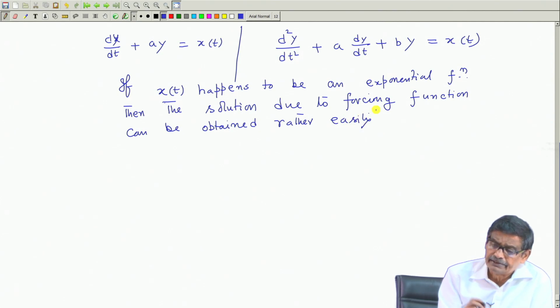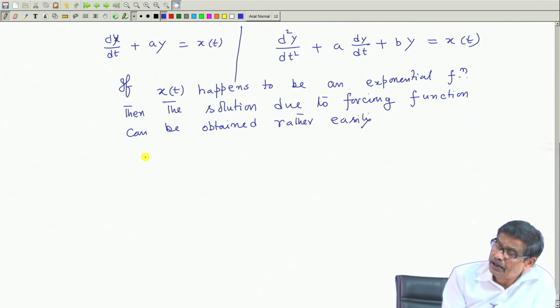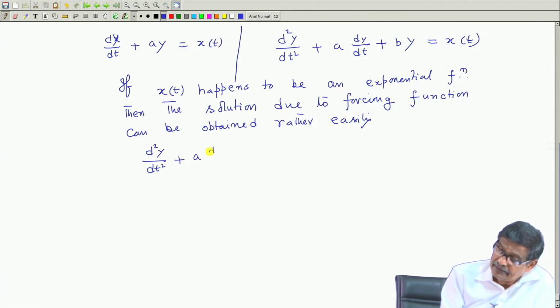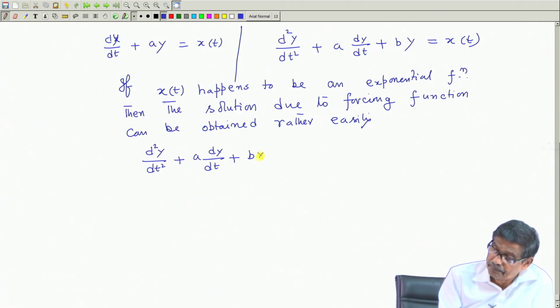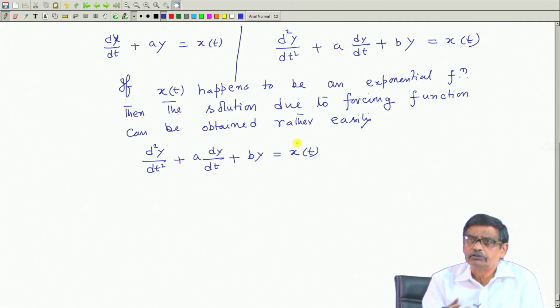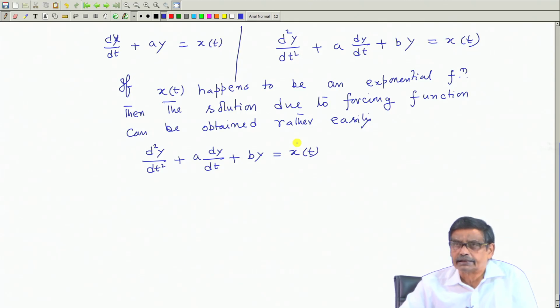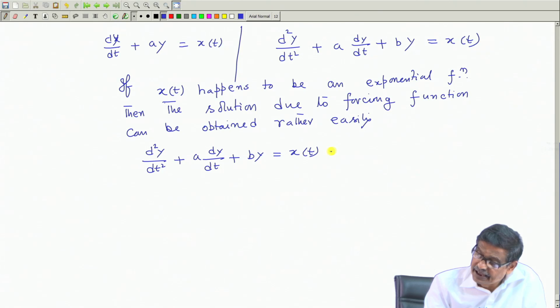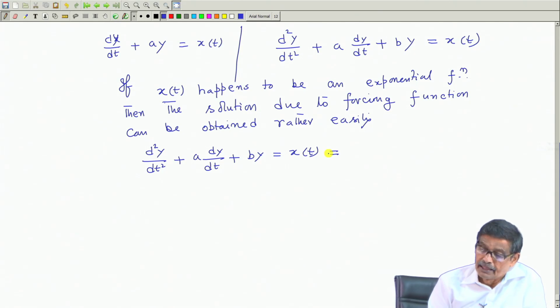What does this statement say? Suppose you have a solution, let us take a second order system, d2y/dt2 plus a dy/dt plus b y. See, the solution due to natural response will depend upon the characteristic roots. Okay. Now, what I am telling is, if x(t) is of the form